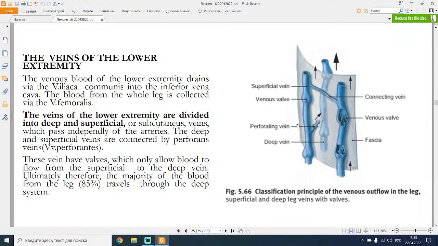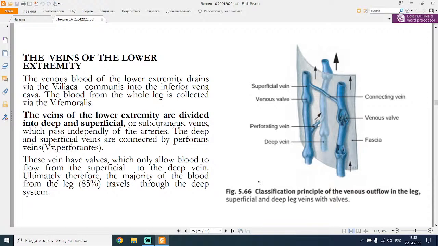The veins of the lower extremity. Venous blood of the lower extremity drains via the vena iliaca communis into the inferior vena cava. The blood from the whole leg is collected via the vena femoralis. The veins of the lower extremity are divided into deep and superficial or subcutaneous veins, which pass independently of